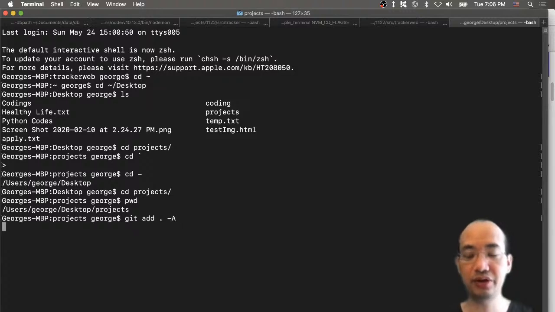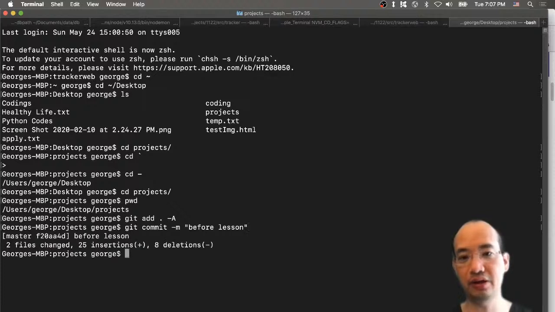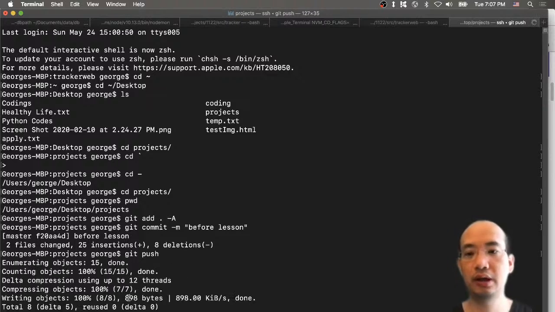So what I'm going to do is just check in all the files, add all the files into my GitHub log. And now I will do git commit. What commit means is you commit all the changes in your project. So I just say, before lesson, any message you want to put in your project. So I just commit, hyphen message, and before lesson. All right, then I do git push, and it will push all the way